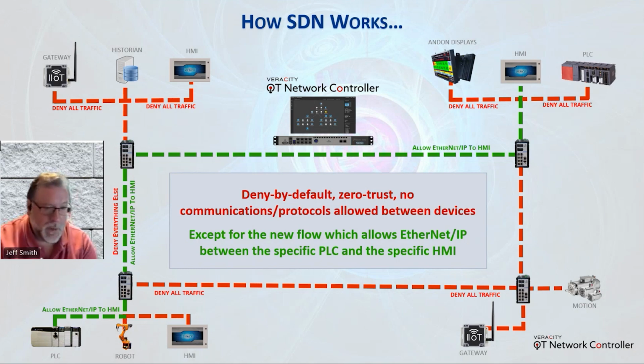Okay, all right. As I was saying, the ICMP wouldn't be allowed unless you also had a policy that allowed ICMP. You can create policies that are more broad scoped. I could say all PLCs in zone A can talk to all IO modules in zone B. So it can be a very finite policy that you create, or more of a broader scope policy, and it really depends on what your appetite for risk is. In my end user days, my policy probably would have been all of my Rockwell PLCs can talk to all of my Rockwell IO modules over Ethernet IP, and that would have been fine. I wouldn't have needed to be any more specific than that.